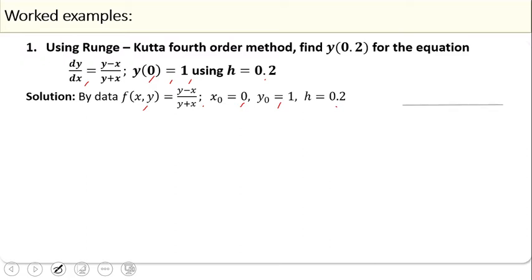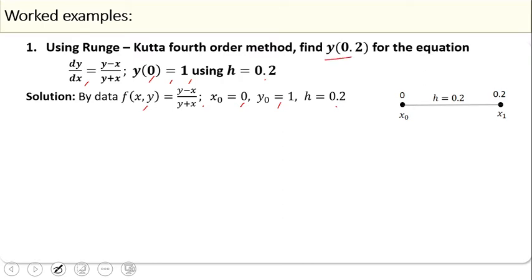Now, consider a real line. Take a point 0 on that, which is nothing but the initial point. Now, add h is equal to 0.2 to this point. Then we get 0 plus 0.2 is equal to 0.2 as the next point. We know that 0 is the initial point and it is denoted by x naught. So, x naught is 0 here. So, let us denote 0.2 as x1. So, x1 is 0.2 now.